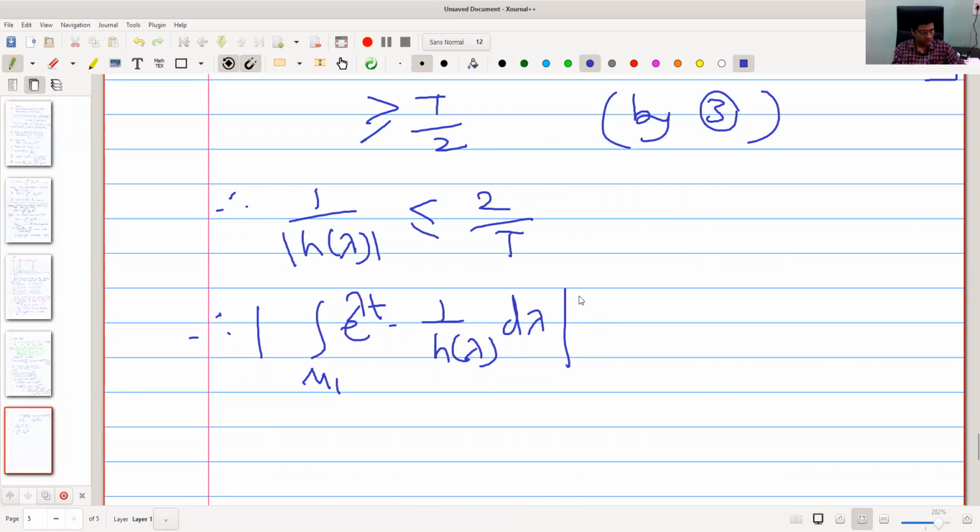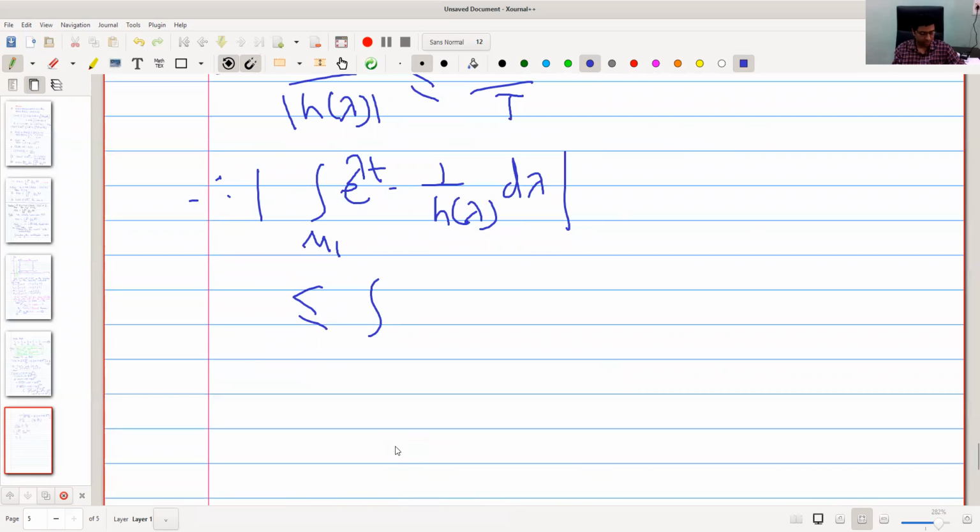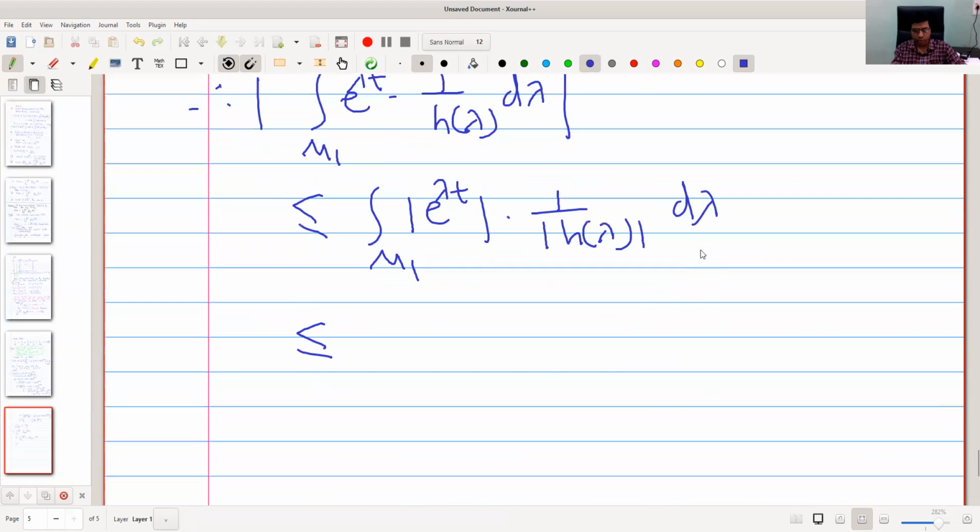It is less equal integral over m1 of the absolute value of e raised to lambda t into 1 upon mod of h of lambda d lambda, and this is less equal, since 1 upon mod of h of lambda is less equal 2 by t. Okay, so this is 2 by t,